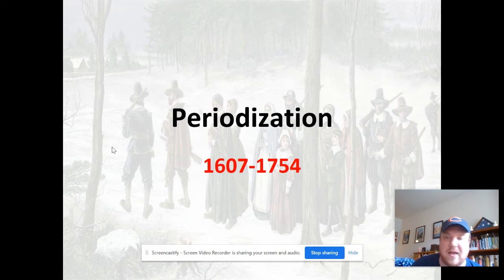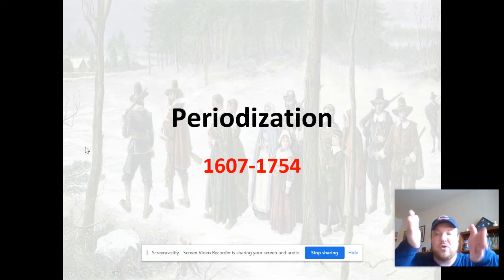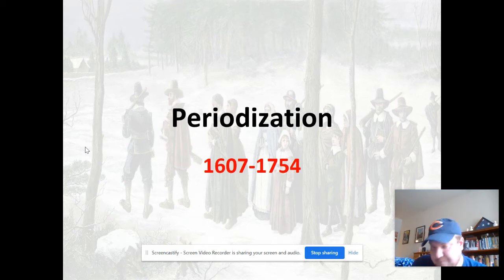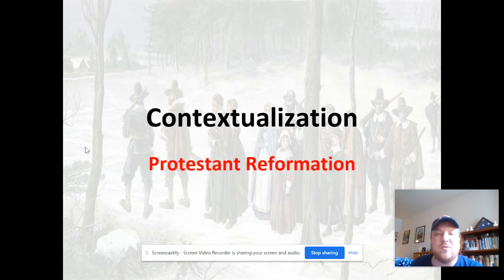By 1720, the economy of the colonies and the gross domestic product is going to begin to rival even that of Great Britain itself. So that's the periodization. That's why we chose those two time periods. If we move on to contextualization, kind of what's happening before and why there is this new rush to England colonizing North America, when we've been talking about Spain, France, and the Dutch colonizing in the 1500s and 1600s,